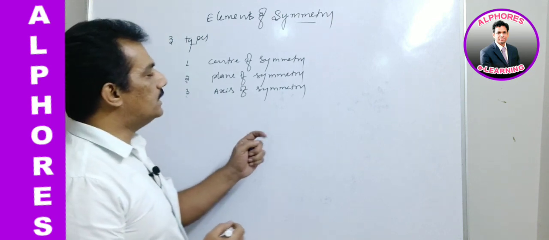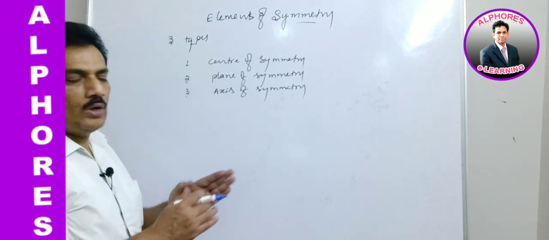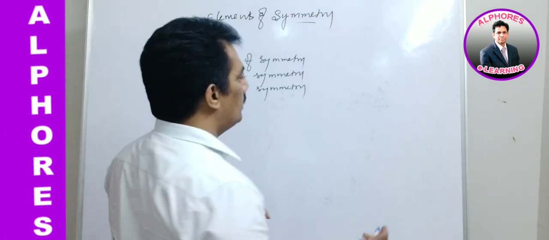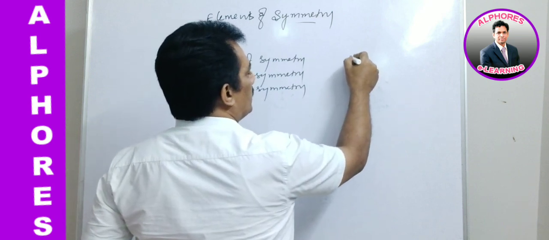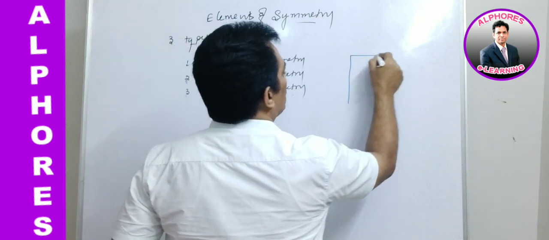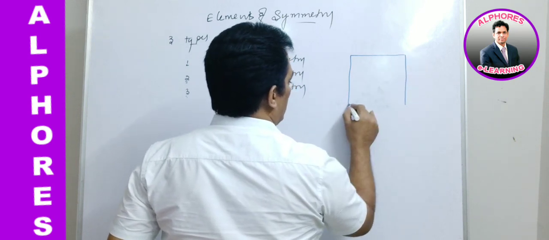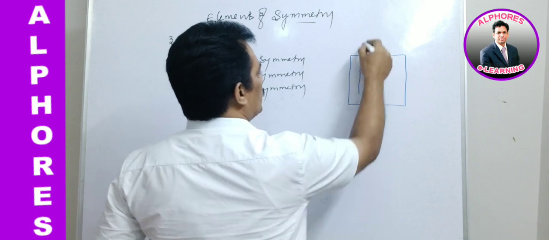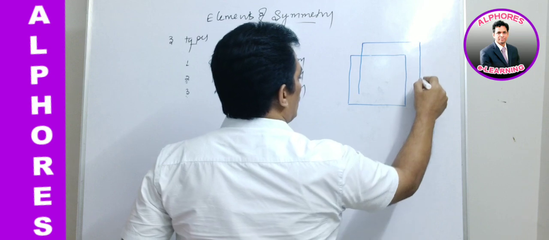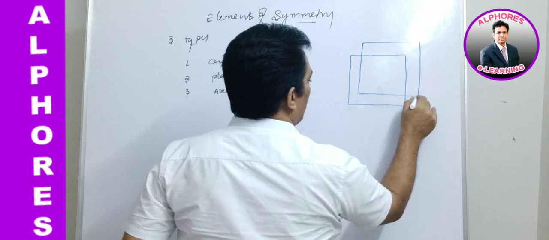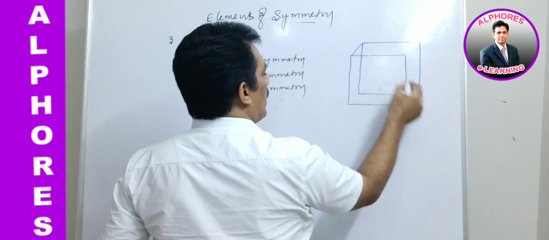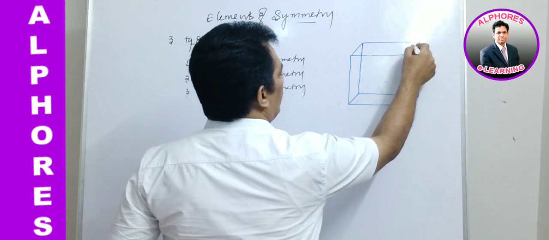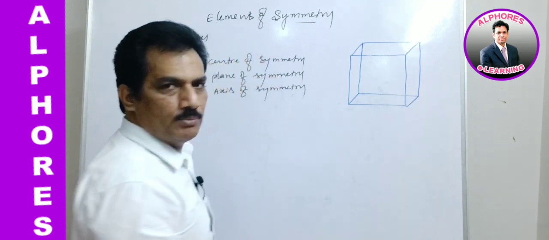And now let us consider one cubic crystal, so as to understand this concept, that is the elements of symmetry, in an easy manner. Cubic crystal, I am drawing that cube here. This is the cube where all the edge lengths are the same. It is a rough diagram, just you observe. A cube is characterized by possessing 8 corners. You remember, a cube should possess 8 corners. When 8 corners are present, then only the cubic structure is possible.